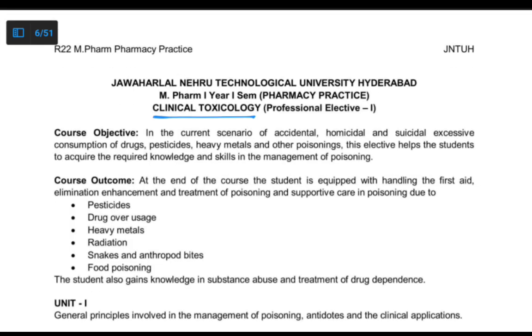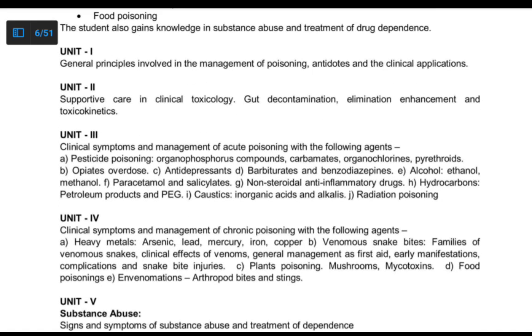And then clinical toxicology. In this, we have general principles of poisoning, antidotes and clinical applications, clinical toxicology supportive care, clinical symptoms and management of acute poisoning by the following agents. Then we have clinical symptoms of chronic poisoning,